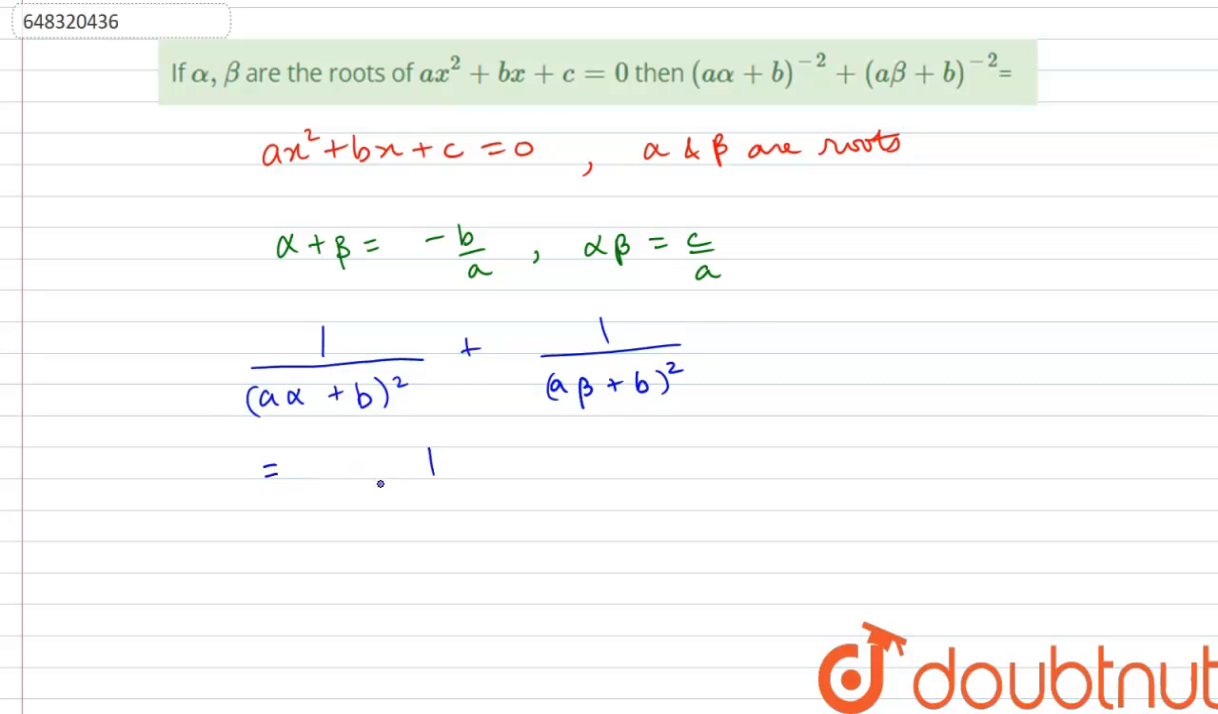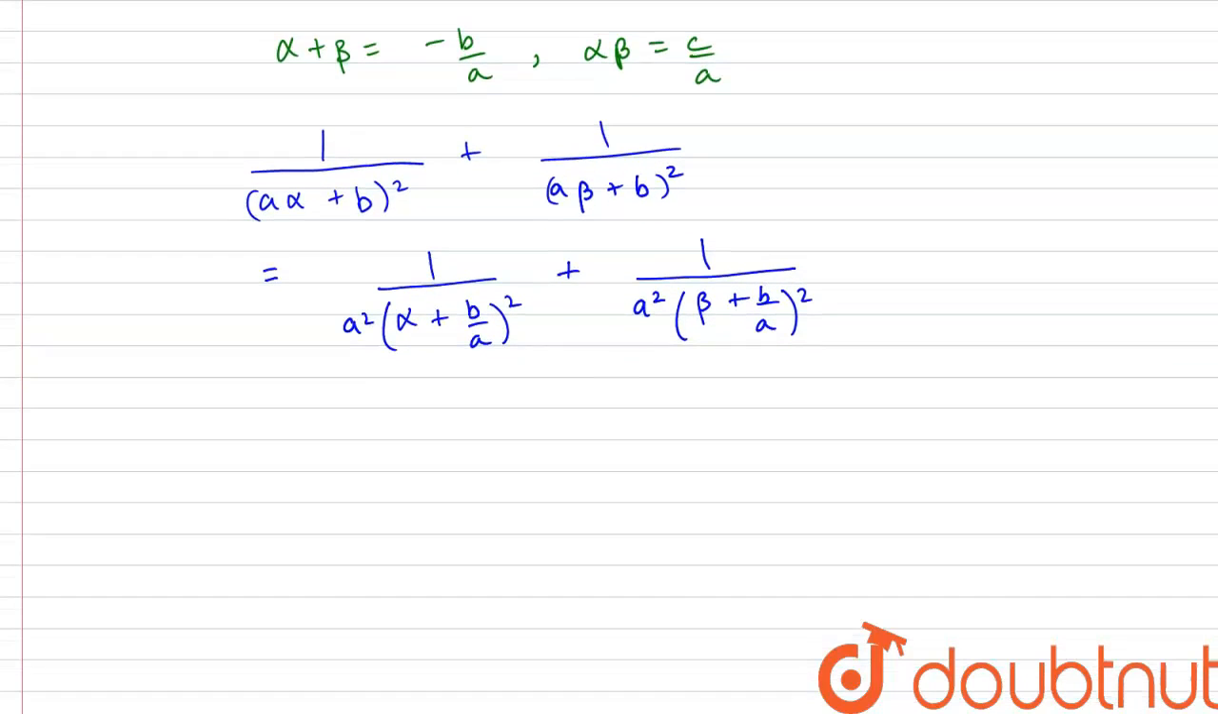This is equal to 1 by, if we can take an a out of this, so it would be a squared. Here we are left with alpha plus b by a whole squared, plus we can again take a out, so we have a squared, beta plus b by a squared. Now since b by a is minus alpha plus beta, we will use this condition. Using b by a is equal to minus alpha plus beta, we'll use this, and we would have